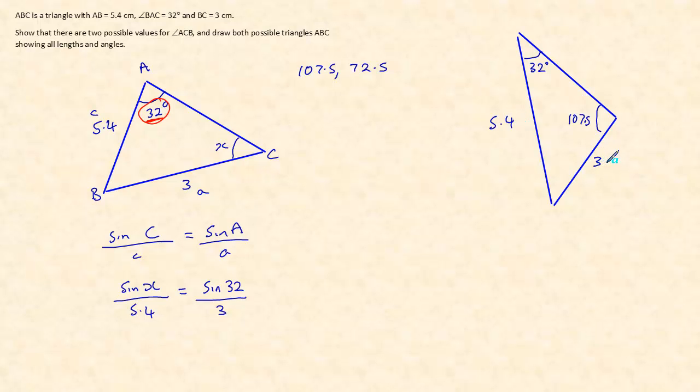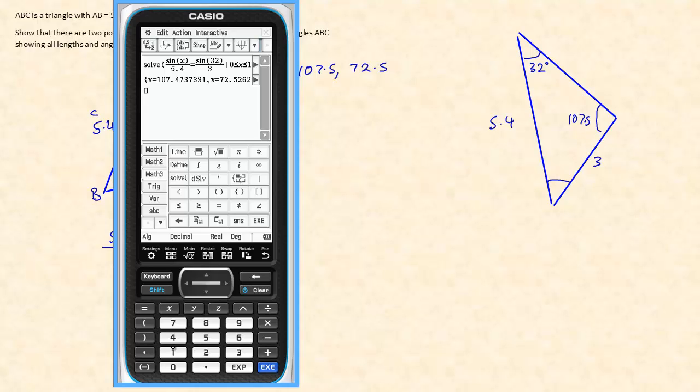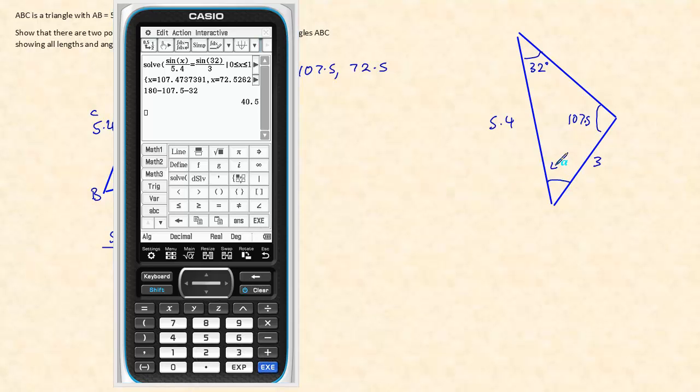This one is 3. So the third angle here, we know that the sum of the angles is 180. So we do 180 take away 107.5, take away 32, and that gives us this angle here as 40.5,